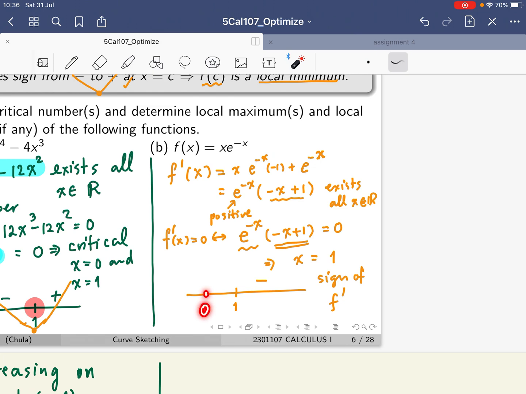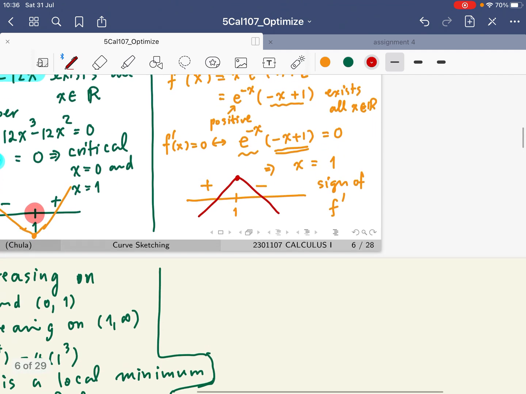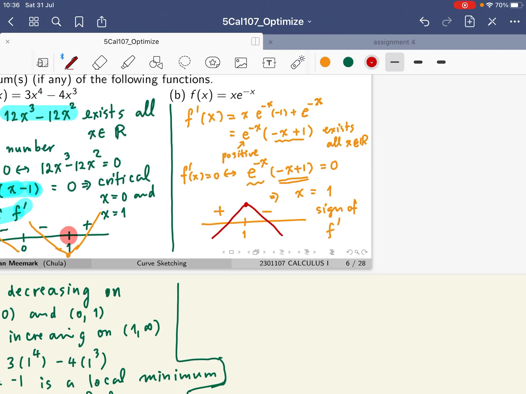And this one you can plug in 0, that is easy, right? So if you plug in 0, this is positive, this is always positive, so it means that among here it is positive. So the graph will be going upward, and then going down like that. So it means that this one has a hill. So we can conclude that